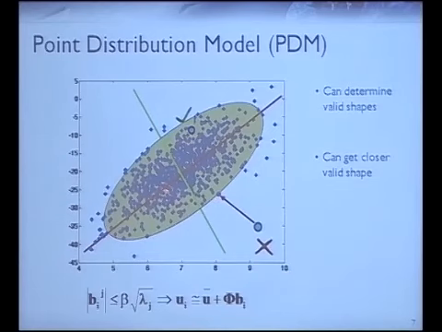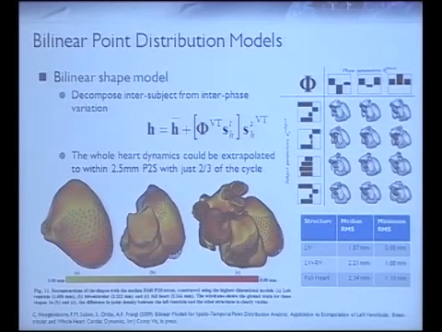This allows you to determine which are valid shapes. So this is not a valid shape because it's outside the statistics. This is a valid shape. You can also get what is a closer shape. So if you have one that is not a valid one, you can get which is the closest valid one into your population. And also you can have a measure of representation error